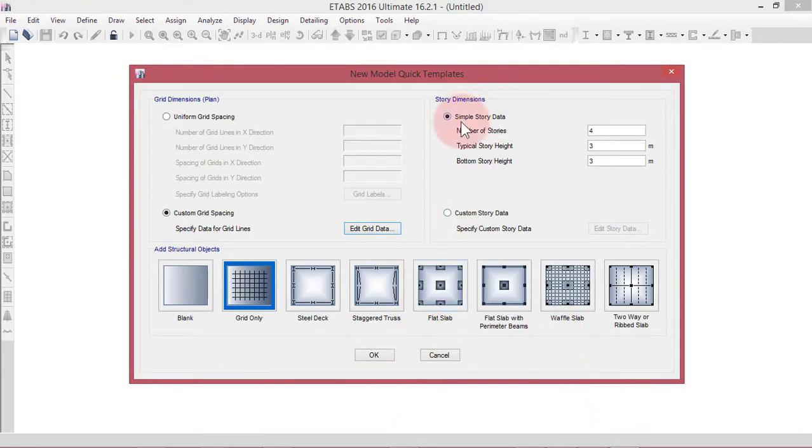For that, we again have two inputs. Either you can choose simple story data, or you can choose custom story data. Here we have to give the bottom story height, and then the typical story height. The typical story height is the height of the stories other than the bottom story.